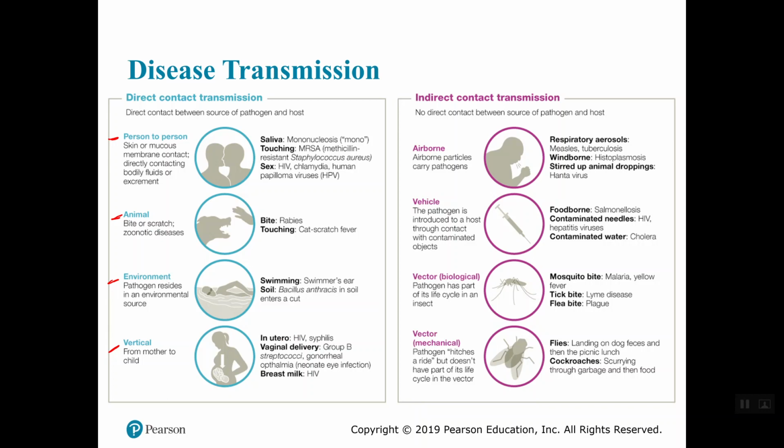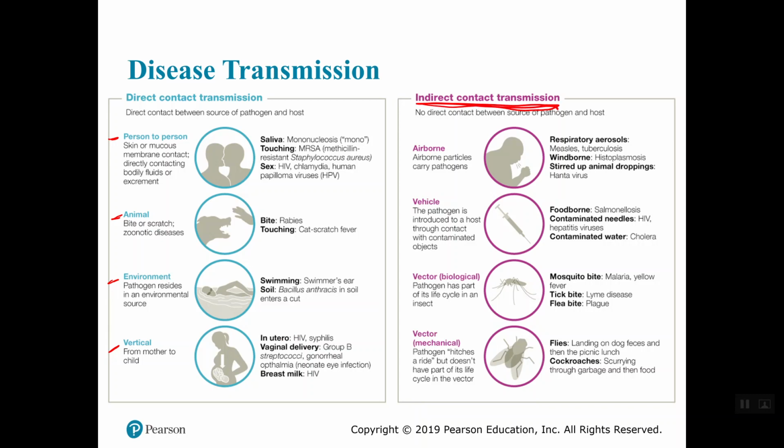Vaginal delivery, we can have group B streptococci infecting baby. Gonorrhea can spread to baby's eyes and cause some pretty severe infections. And then also another example of vertical transmission is through breast milk. So HIV can actually be transmitted through breast milk. Okay, now indirect contact